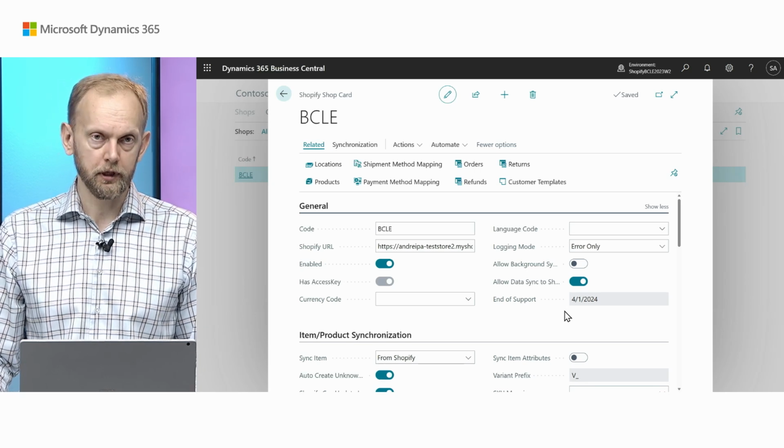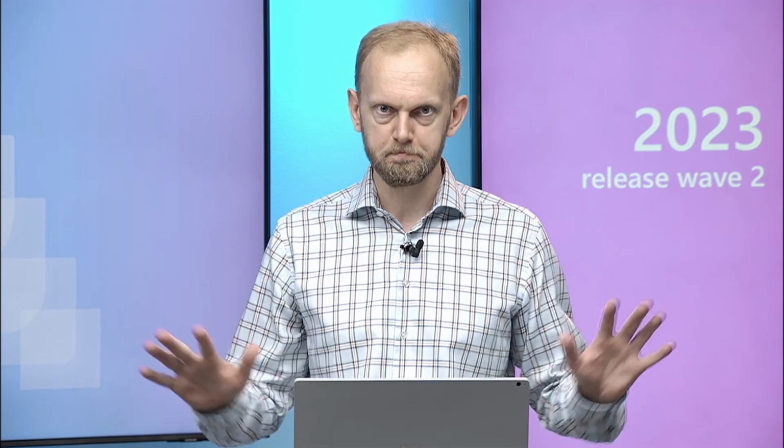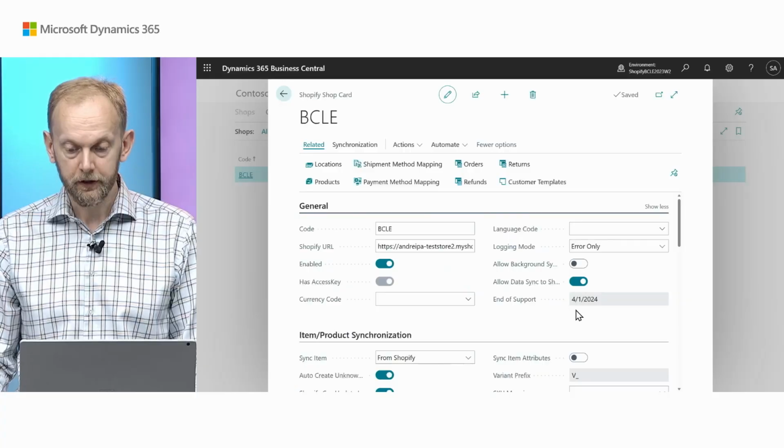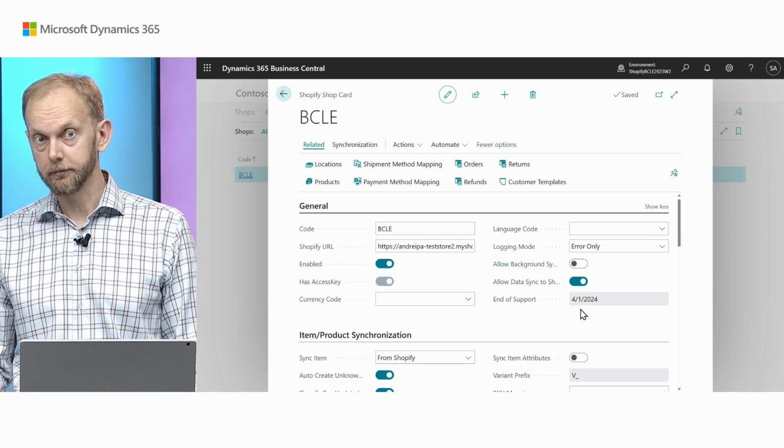But we figured out that some people are stuck with an old version of Business Central, and they were using Shopify with an unsupported API. And Shopify actually flagged our app as having troubles. And this information was displayed to everybody, not only to people who were using the old API version. That's confusing and unpleasant and creates a wrong impression for all good upgraded customers. So now we have better information about what will happen if you do not upgrade Business Central.